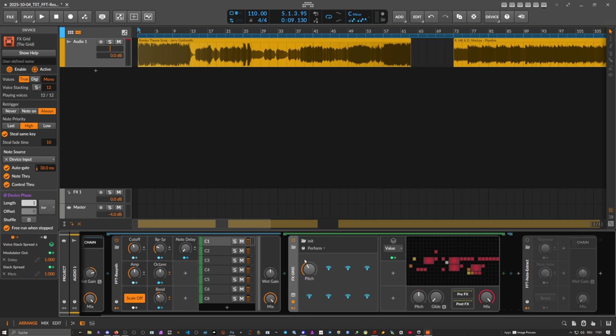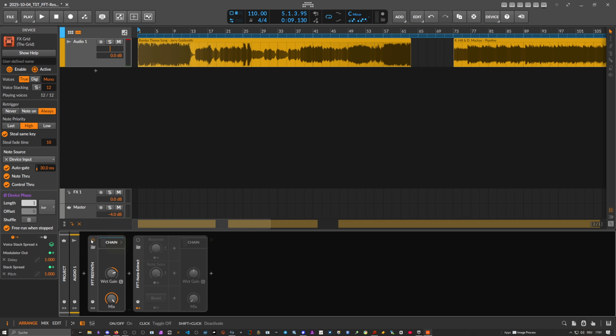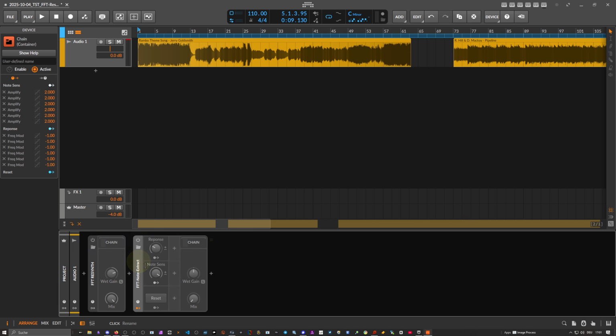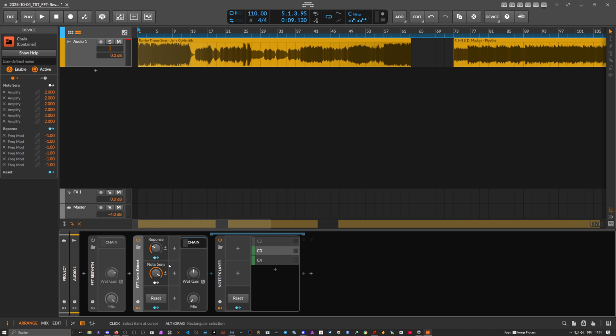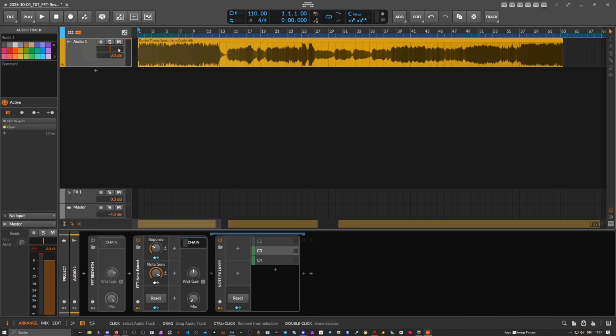Anyway, I just want to show you this. I'll show you in a minute how it's been built. But I want to focus now on another preset, which is called FFT Note Extract. And it does exactly what the name says. It tries to extract the notes from an audio signal. So here we have, again,